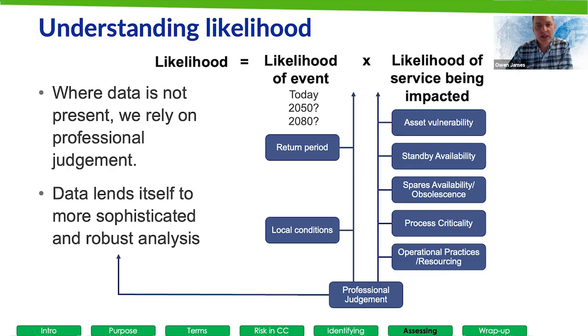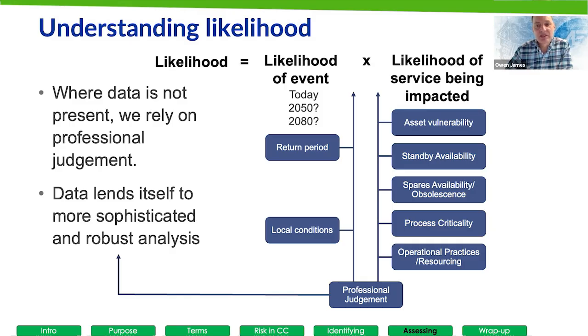There are a lot of factors that go into understanding likelihood. The climate scientists can provide an indication of event return periods. So there's some of the people that you might want to engage in your risk assessment process. With robust downscaling, we can somewhat get them to take into consideration local conditions. We can look at historical occurrences. Are they getting more frequent? So typically on facilities, you can ask operators, or you can ask more operational staff, those people that have been in an organization for most of their career. Ask them, what's your perception, and there's that word perception, on how